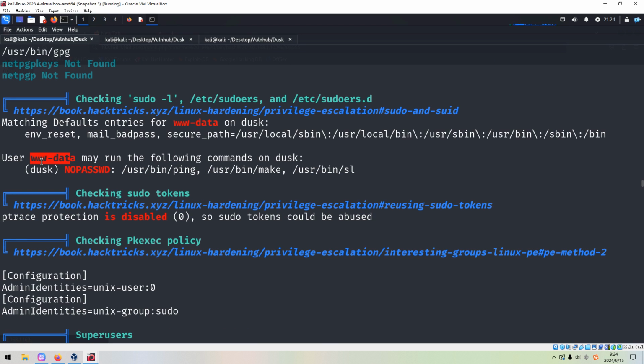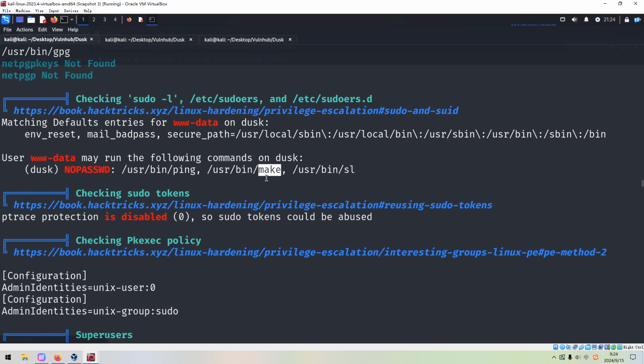Actually, www-data may run the following commands as user dask with sudo. And so I think we can make lateral movement to the user dask. And the three commands, what we can utilize. But this one, I don't think is available or workable. But this one, we can make use of this command.